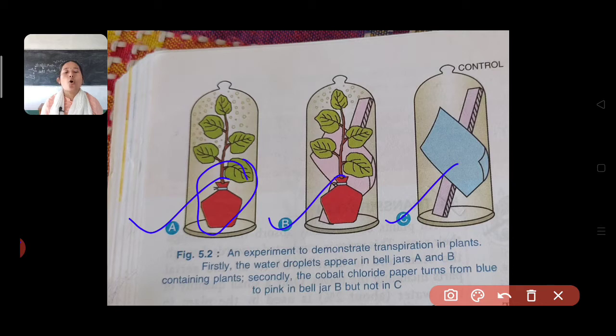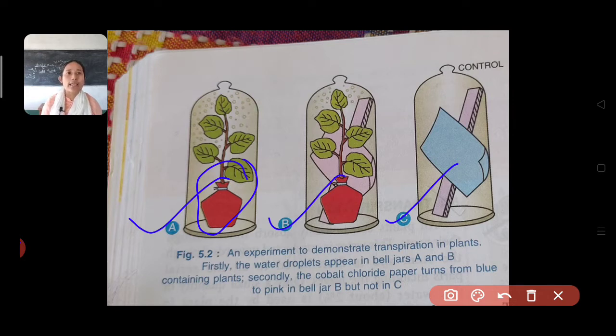So that whatever the water loss is occurring, it's not through this potted plant or soil present in the potted plant, it's completely through the leaves present in the plant. So in order to avoid that, you are covering the potted plant with a plastic bag. Okay, and then this whole setup you will be covering it with the bell jar, and the base of the bell jar will be also properly sealed so that no air from outside enters the bell jar. Okay, it is properly sealed.